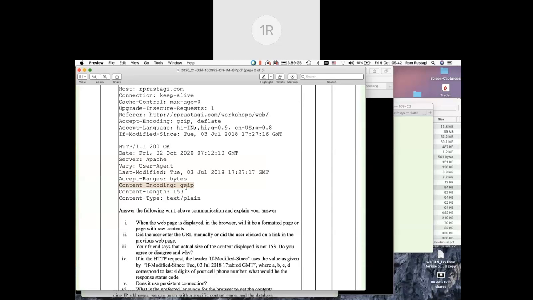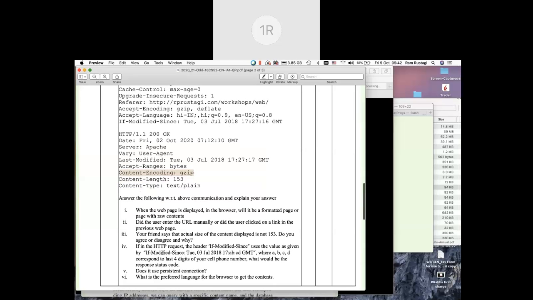And unzipping will make the content size more than 153 because compression would be removed. So 153 could become 300, 500, 600, whatever, but certainly a lot more than 153. So yes, the friend is right because the content displayed is not 153, but a lot more. But so far, I haven't seen anybody explaining why it is not 153. And unless you play with it, you will not know.